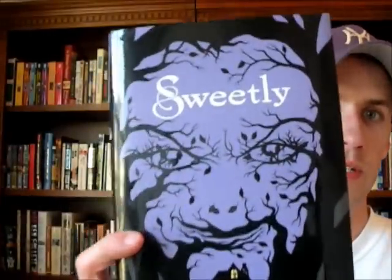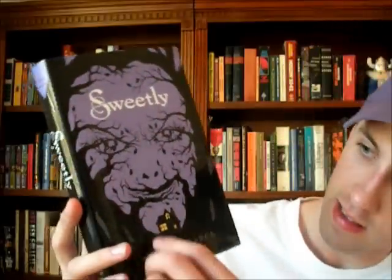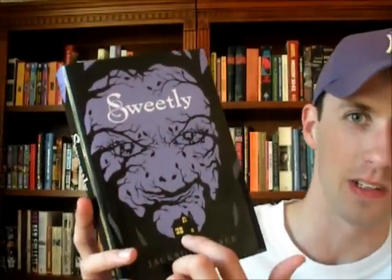Book number 3 is Sweetly by Jackson Pearce. This book cover is just really awesome. It really catches your eye. Obviously, there's the outline of the witch and the shapes of the trees, which I think the artist did a wonderful job of making the trees look realistic, but at the same time doing the outline of a witch's face in it. And a very small part is the house. So your eyes get drawn to the witch, but also to the house,